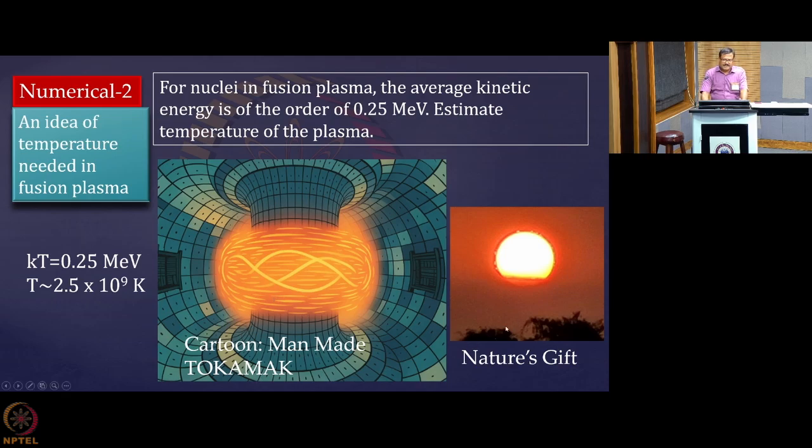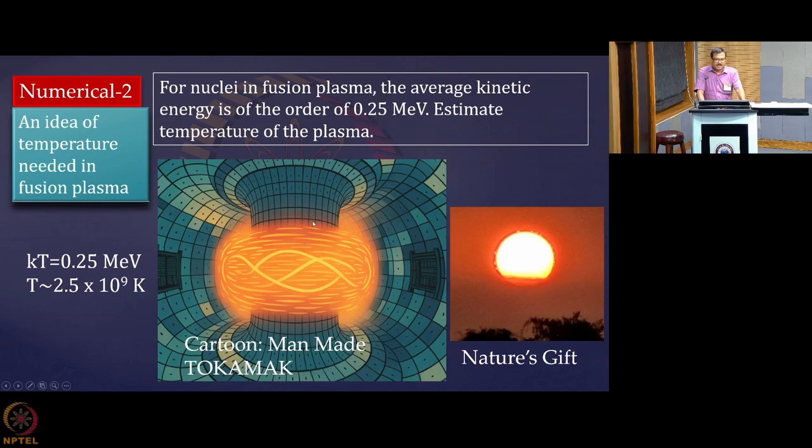And on the right side, this is actually a sun. This I caught in my mobile camera. You will be surprised to see that the mobile camera itself is so powerful that you are able to grab the solar flares. You see the tiny, tiny spots that are coming out. It is very surprising that a mobile camera can capture those things. Now, this is a fusion plasma which is gifted by nature, by which our earth or the universe runs.